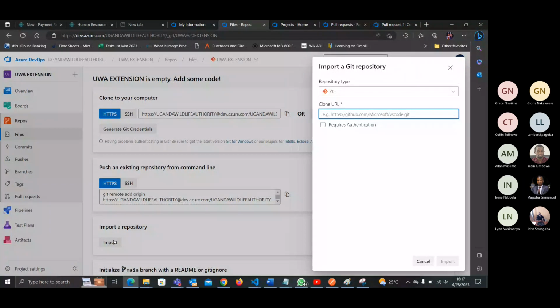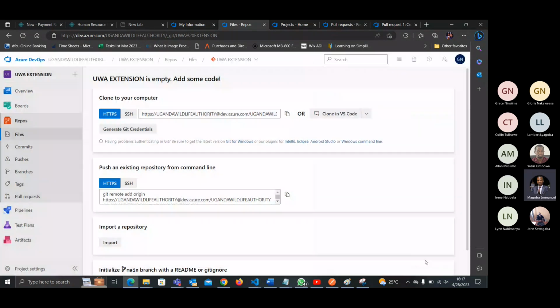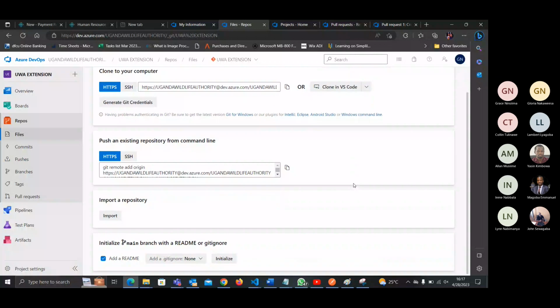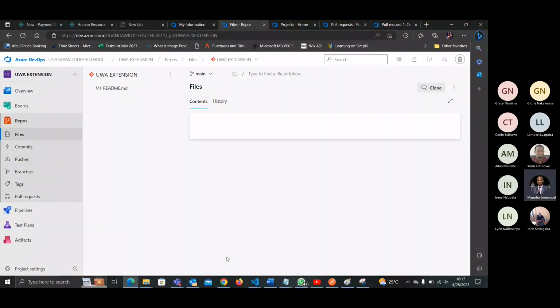I don't think that will work. What's the HTTPS one? I don't think so. It should be in the cloud. We wanted to import it, but yeah, you cannot. You initialize. Don't try to upload. Initialize repo. And then include it in VS Code. So you're going to add